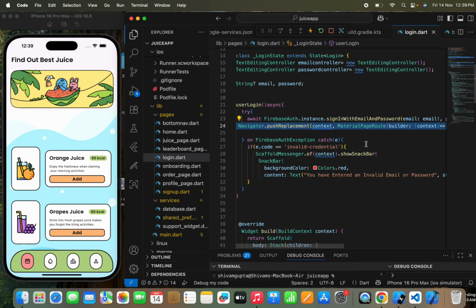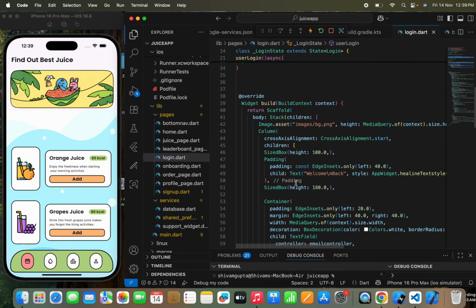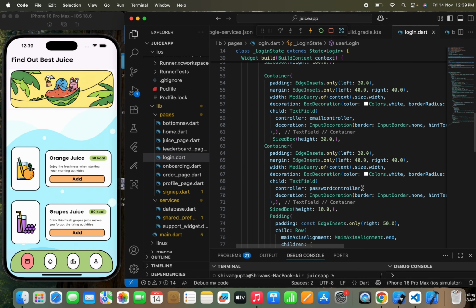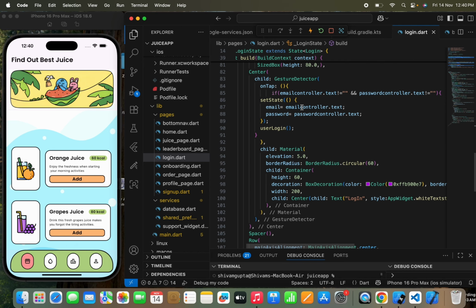So we are going to first pass a try and catch. We are going to catch the error, for example, if the user has entered the wrong password or the wrong email ID, we are going to check if there is an invalid credential that has been entered by the user. If it is true, then we are going to pass a red text saying that you have entered an invalid email or password, just to catch the specific error, right? Now I'm going to pass a controller to each text field. We have already passed that, right? And we have passed a function name, which is like we are going to check that both the text fields